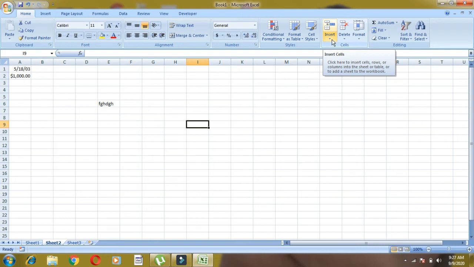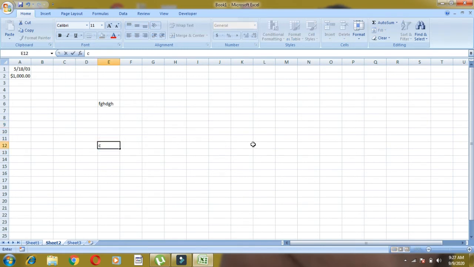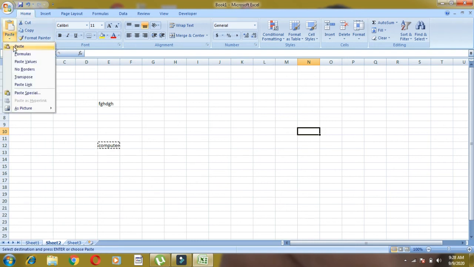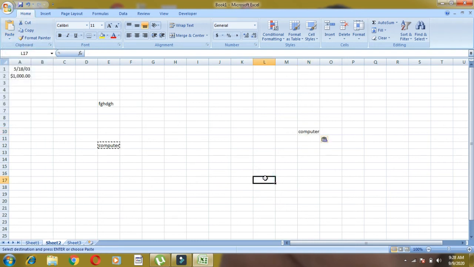Even we can copy and move the cell content also. Like see children, I want to write here something, say computer. Now this part I need to copy. I can use Ctrl plus C, the shortcut which I have already taught you in Microsoft Word. But another way is there, you can go to the home tab, you get the copy option here. Then you can move to here, go to the home tab again, you get the paste option, you can paste it down there. So this is known as copy paste.